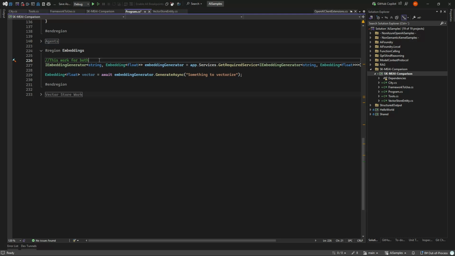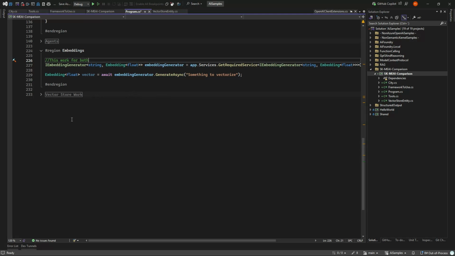It is possible to just get the required service either from the kernel or the dependency injection and just get your vector float. So you can easily do embedding and get vectors back, no matter if you use one or the other.